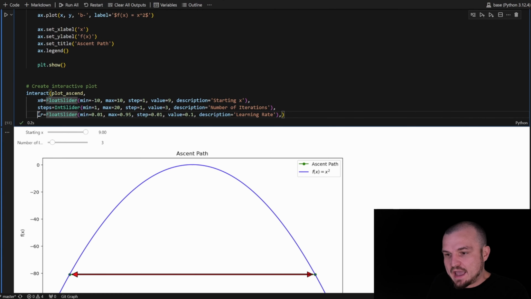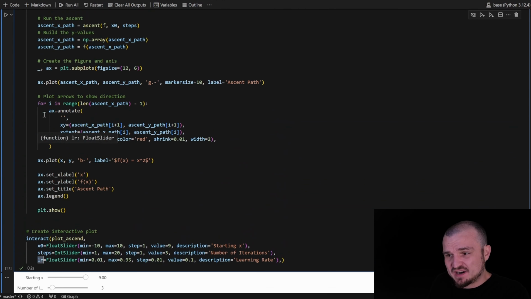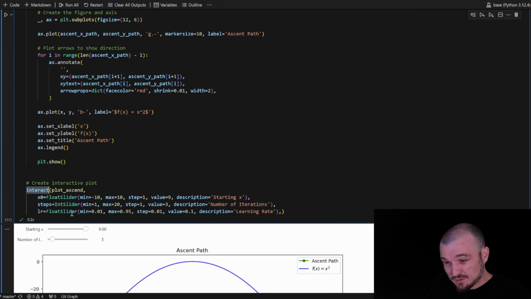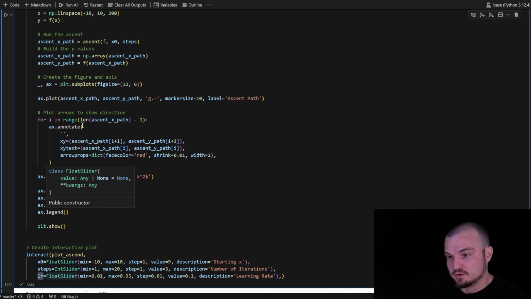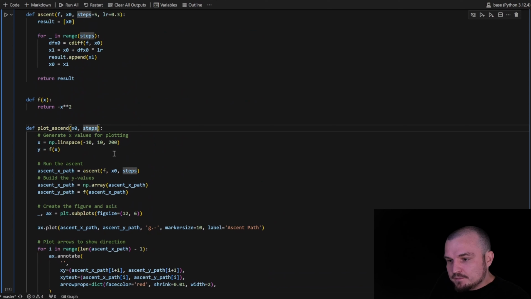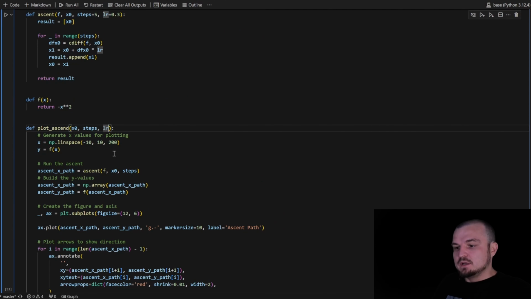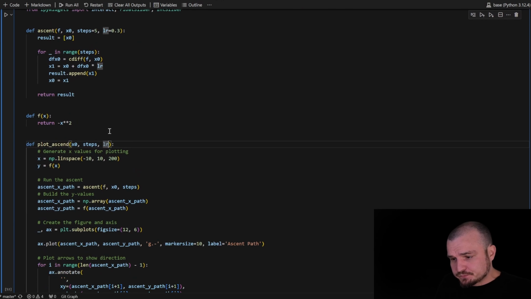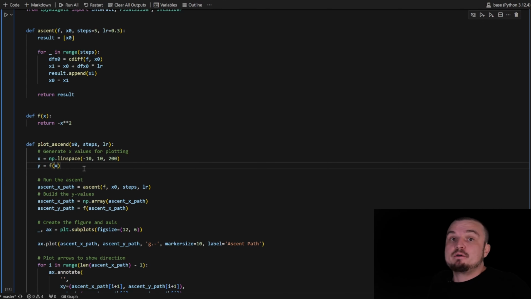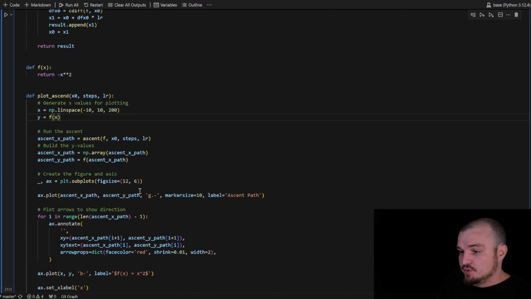We need to add this new parameter learning rate to the interact and initialize it as the float slider. And right over here, we need to use the learning rate too. And I want to provide this learning rate directly to the ascent, just in case we want to make some experiments and change this learning rate.